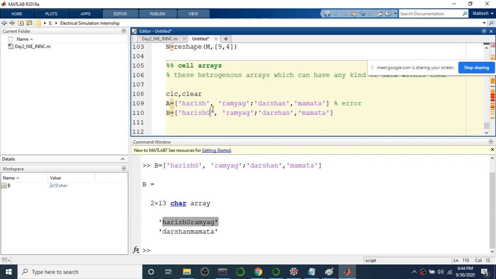One way is to give the space manually, but that is not an efficient method to store variables in practical scenarios. So even though we can create it, it is not useful.